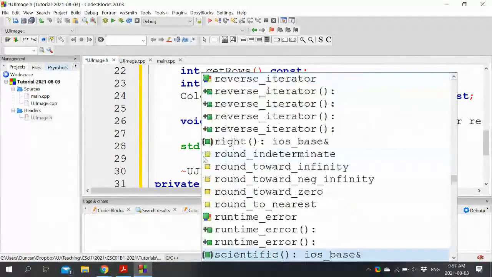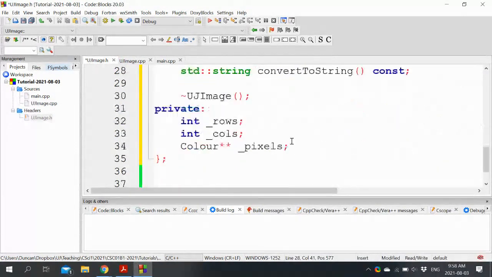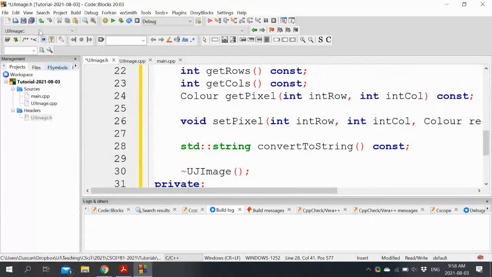std, scope resolution operator, string, and let me call it convert to string, because it's going to have the work done for it by our internally managed converter, which we don't have yet.